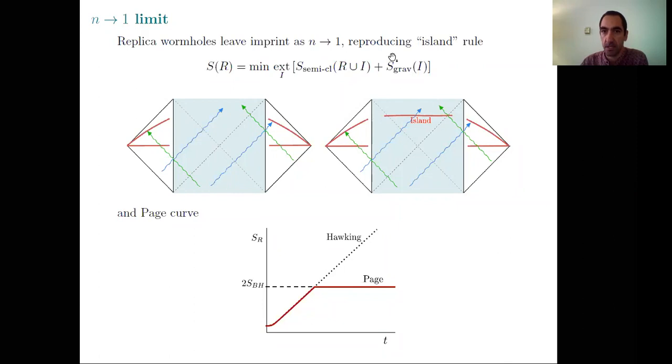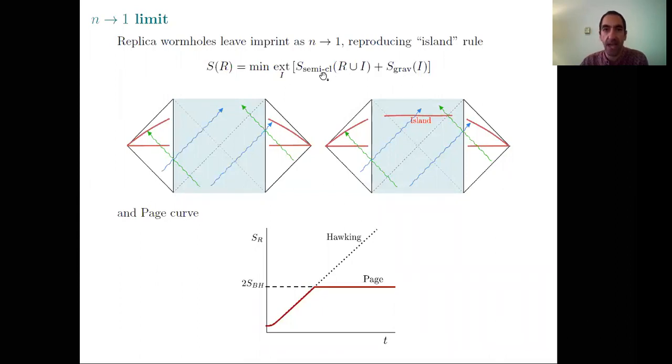Okay, this was proposed by several authors last year by thinking about holography and what holography would tell you the formula is. And it tells you the entropy of radiation, the von Neumann entropy, is given by first doing an extremization over what are called island regions I. And you do an extremization of what's known as the generalized entropy. So there's the gravitational entropy of region I, which we're used to as A over 4G, but if you have a different theory of gravity, it's a different